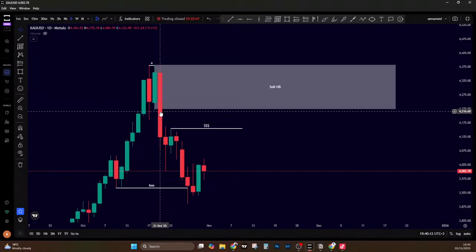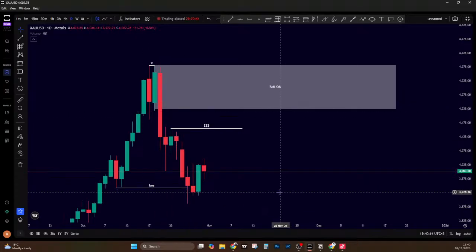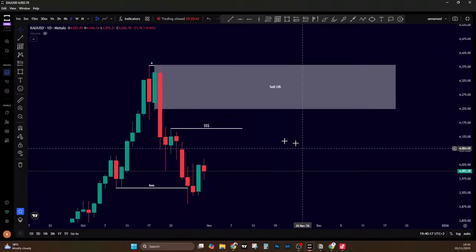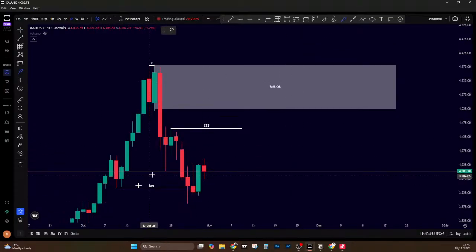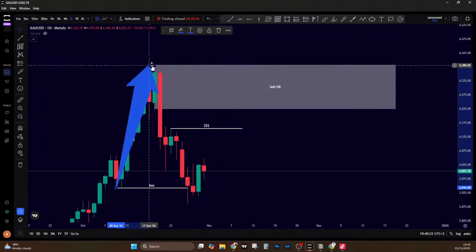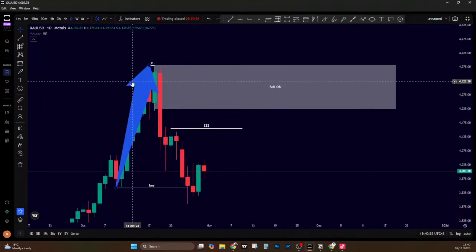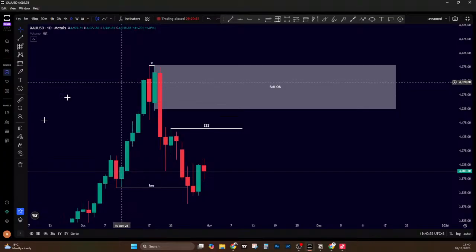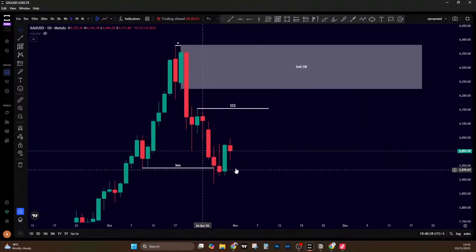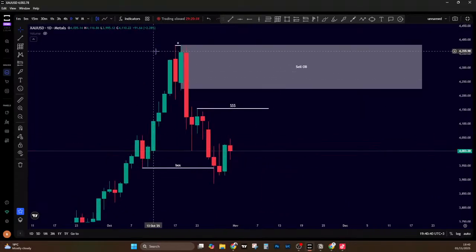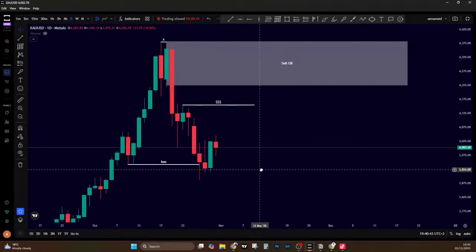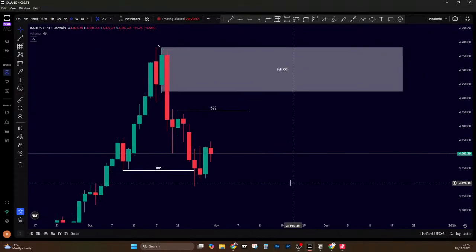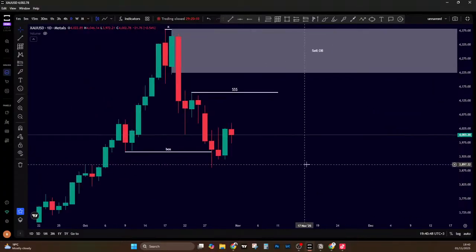And then it has what? It broke structure downwards. It broke the previous low. This was the previous low. So this was our trading range here. Okay, and it broke that previous low. That means we can use this order block, or we can see that the market is showing signs of